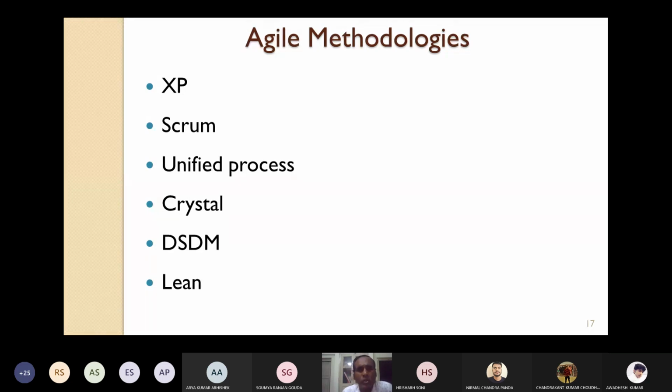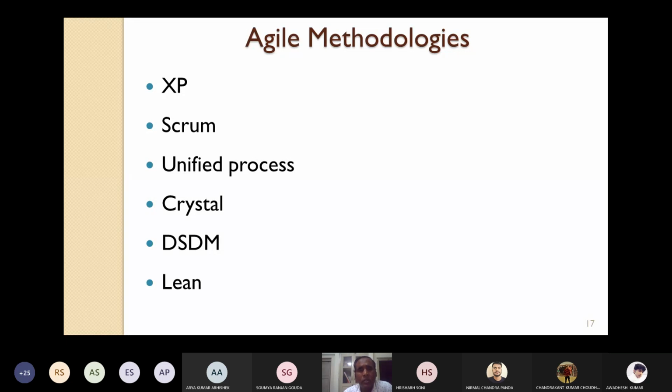At least one or two, please try to learn those. I teach the software engineering subject, but now we are running out of time. It is explained nicely in Rajiv Mall's software engineering book, or in the software engineering book by Naresh Chauhan. Please have a look. But still, today I will try to cover at least one so that you can understand how Agile software development is done. So today we will take up Scrum after this slide is over.